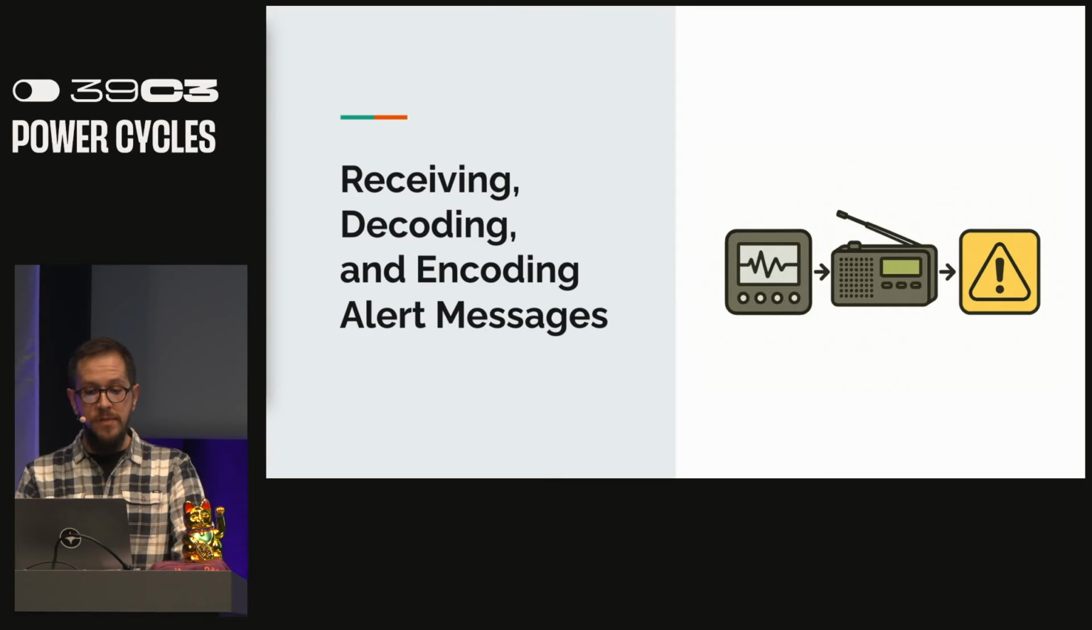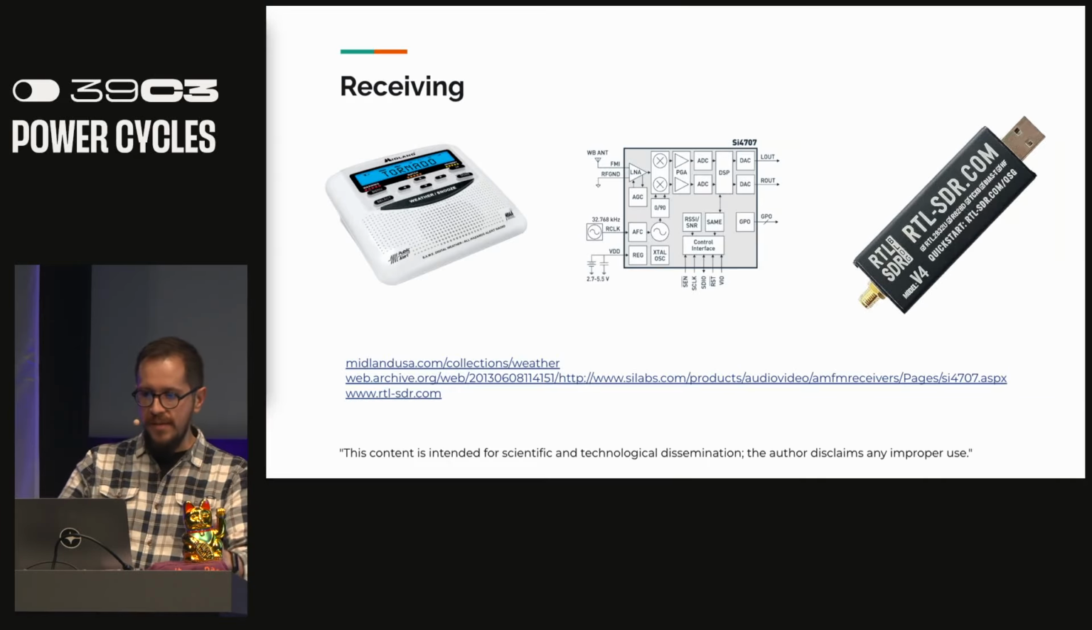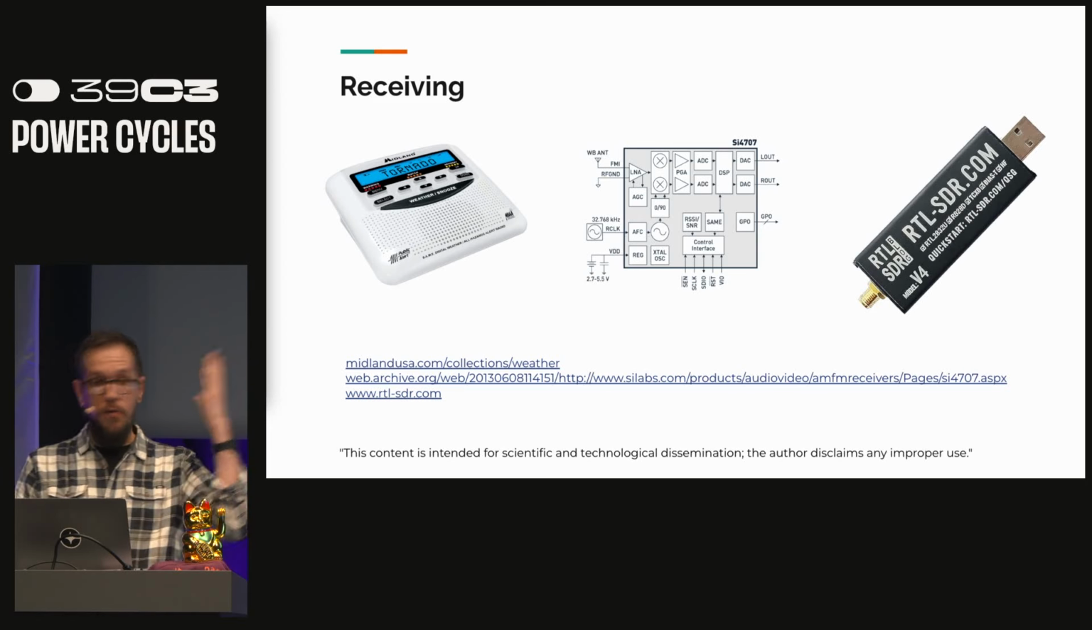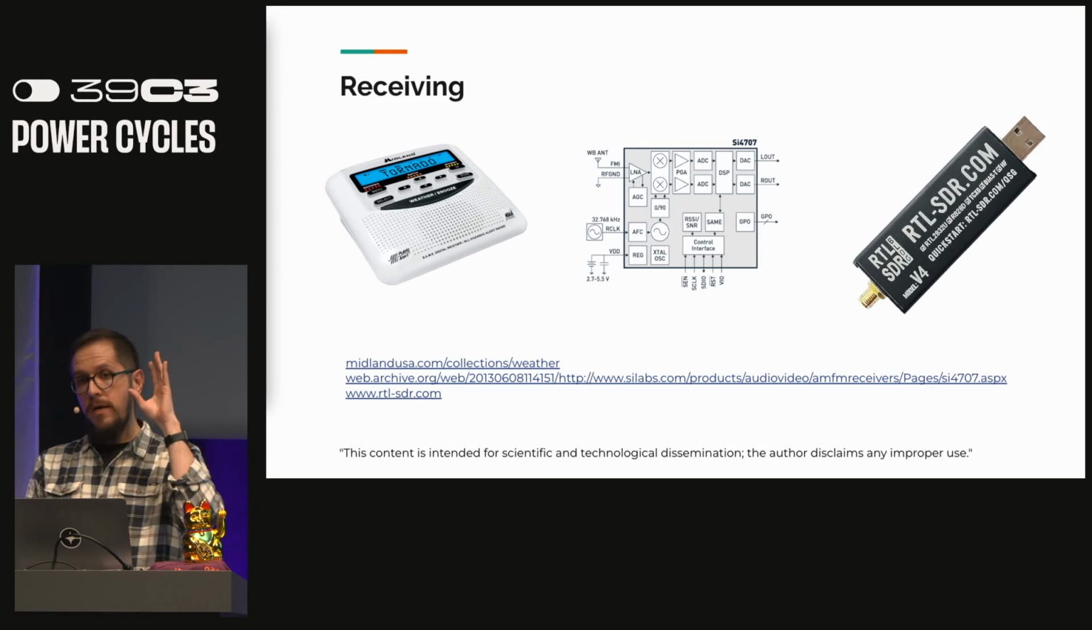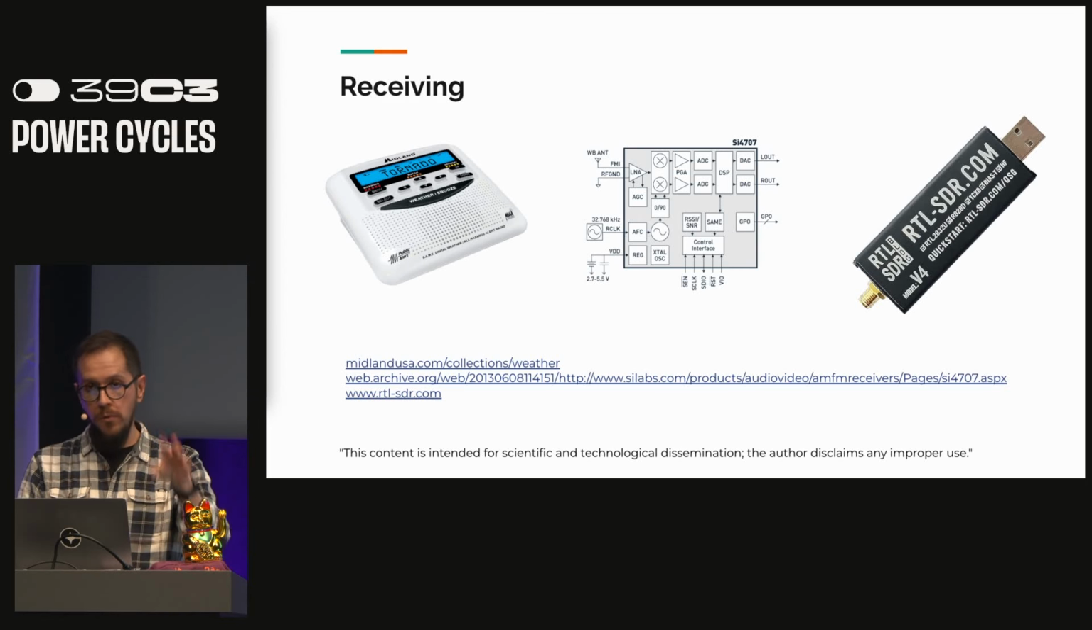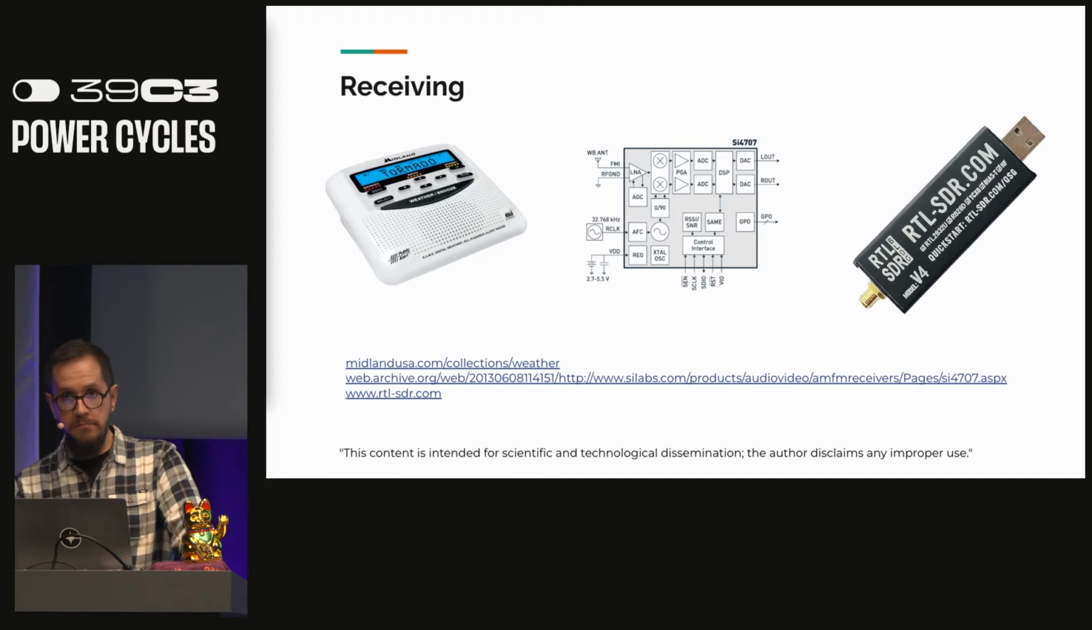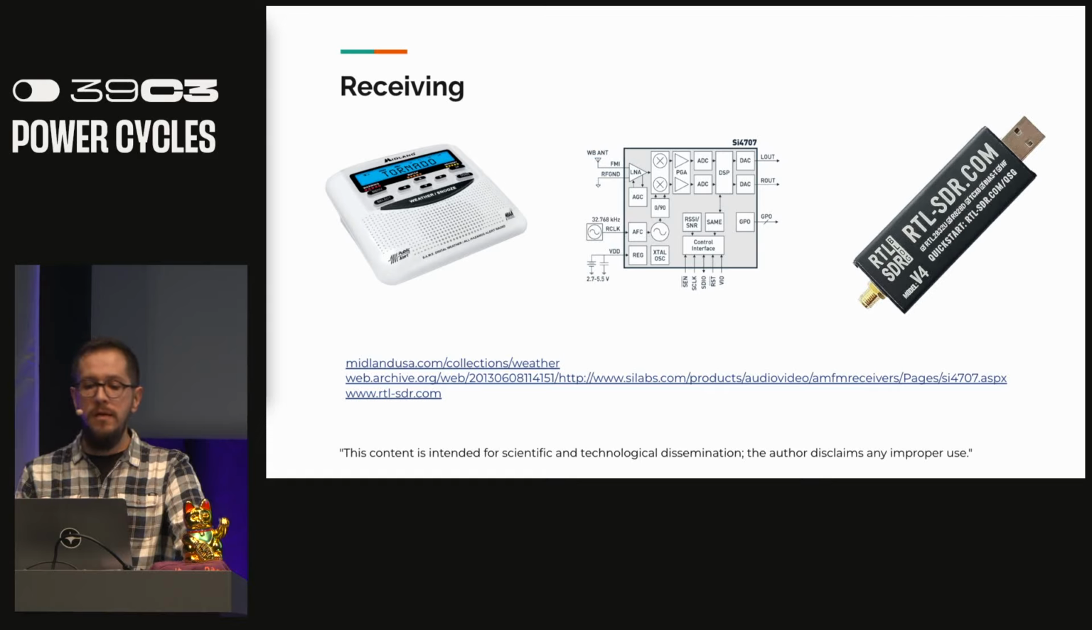So let's see how to receive and decode these alert messages. To receive them, you can have a commercial radio. There are ICs specifically made to receive and decode the signals, but you can also use an SDR dongle like the RTL-SDR, even the simplest one can easily receive the signals. You also need an antenna, a quarter wave monopole of about 45 centimeters